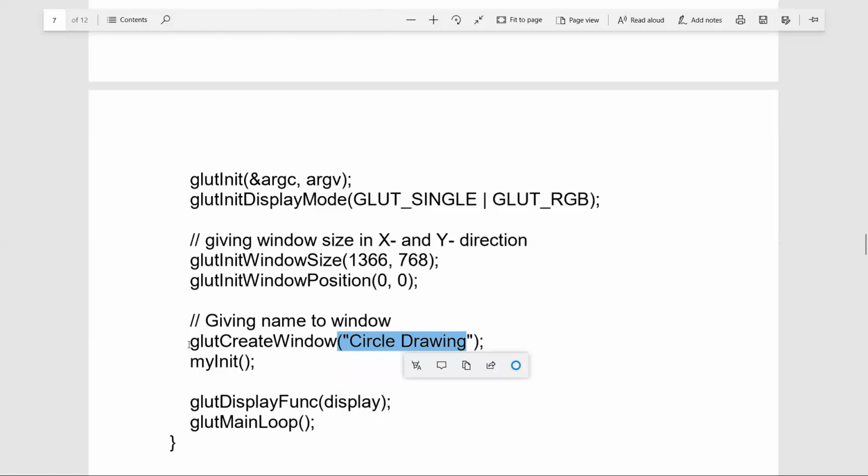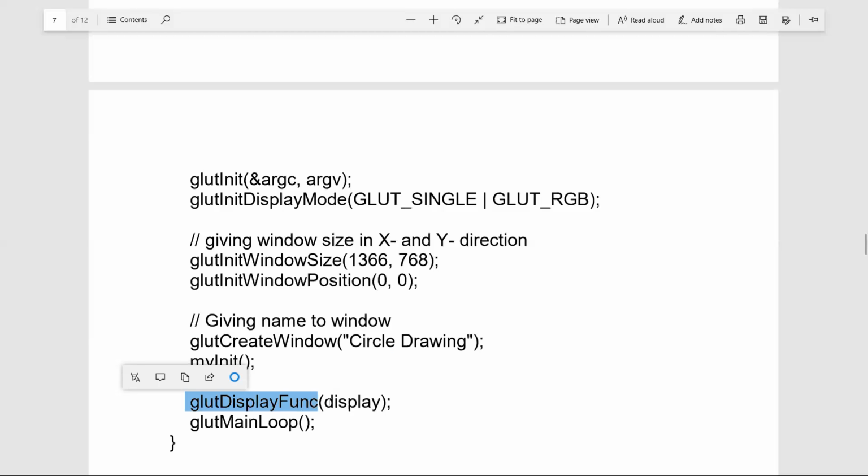Step 2 we have applied, as now the display window has to be created on the screen. Step 3 now we will apply for specifying what exactly the display window will contain. So how is this step carried out? This step is carried out through the glutDisplayFunc function. As I mentioned, step 3 is specifying what the display window will contain.